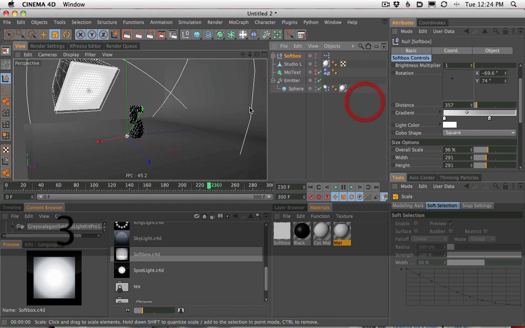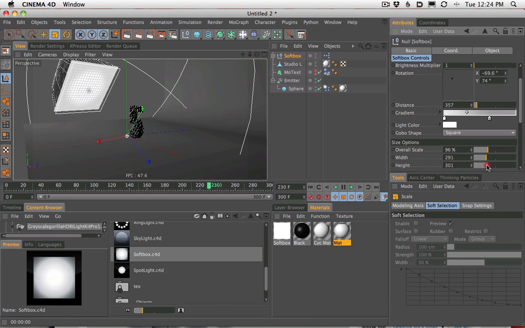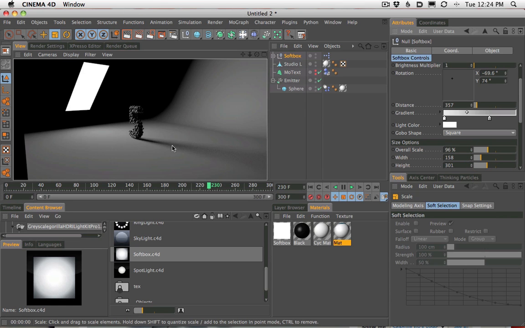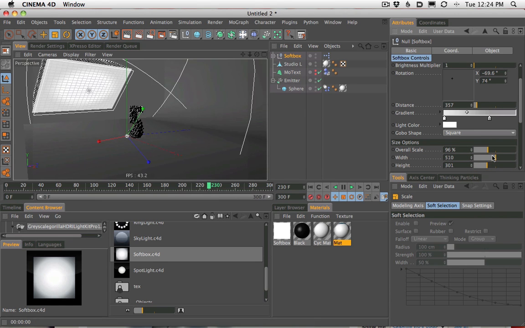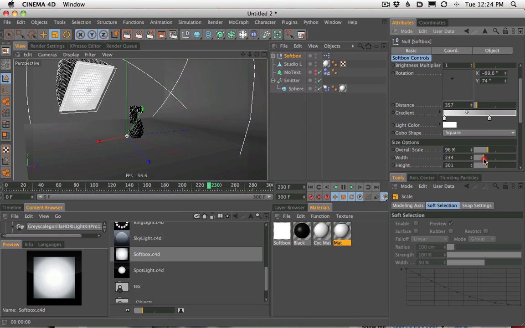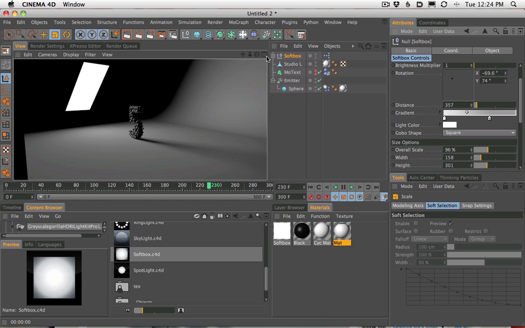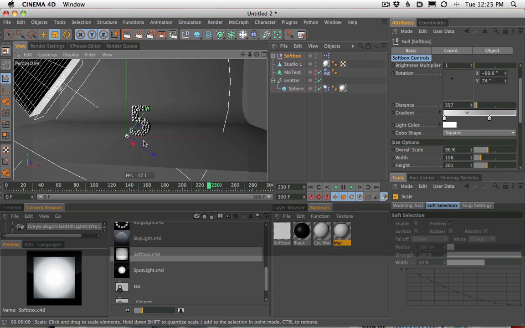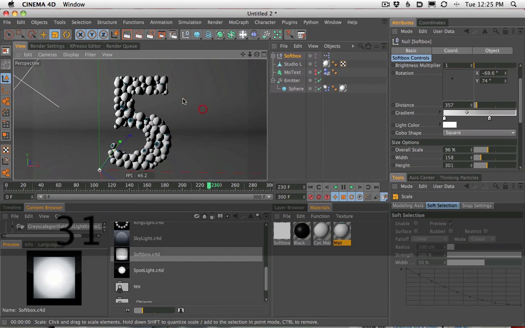So remember, the larger the light source, the softer the shadow. If we shrink our width and do a render, you're going to see we have a more narrow shadow here. If we make it wider, you're going to see we have a more diffuse, soft shadow. But I like the idea that we have this long trailing shadow from our object. So let's jump back around and do another quick render here.